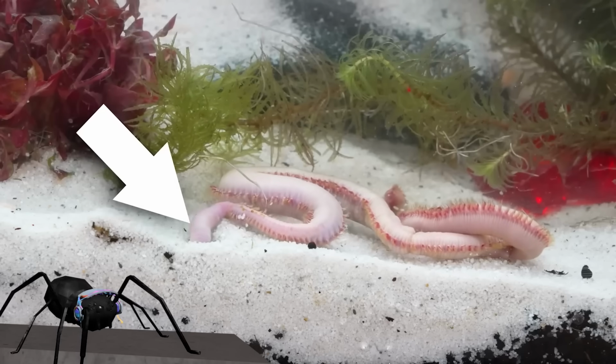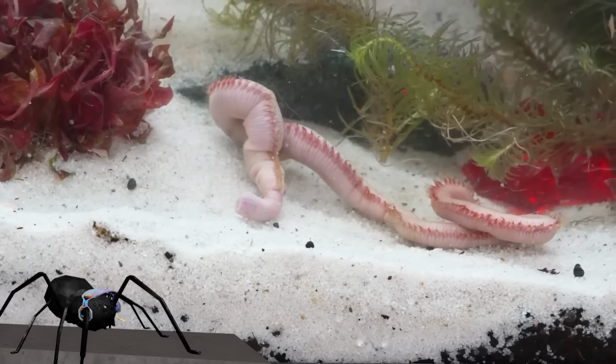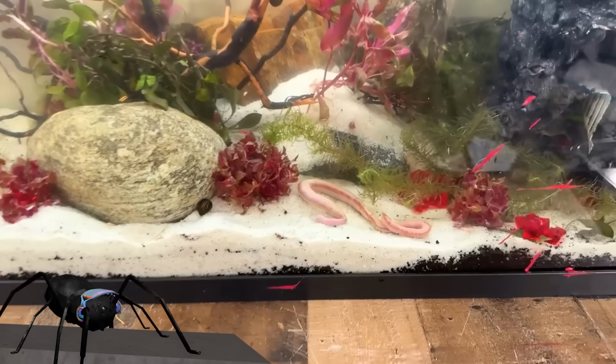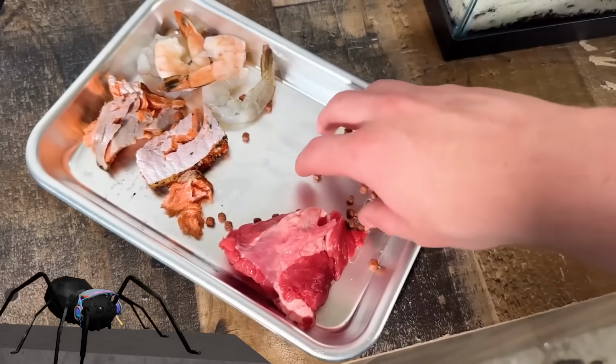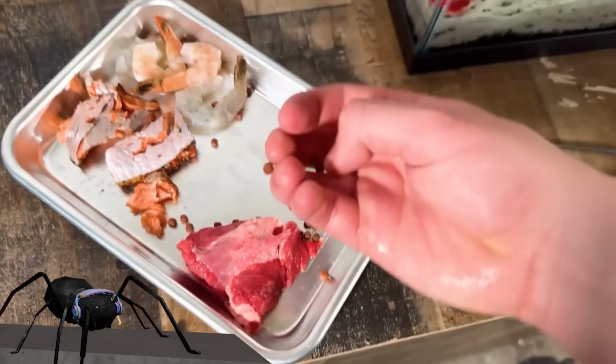But I guess he got bored of the digging, because eventually he just came out and started to wiggle about again. Before this guy tries to burrow under the sand again, let's get some food, see which bloodworms like the most, and we're gonna be starting with just some little